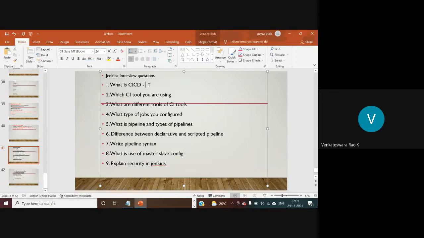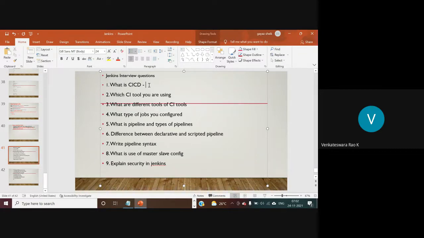Continuous deployment means whenever this process is a success, that is, if the testing operation is also successful and the code modifications are up to date, this code is going to be deployed into the deployment servers. This code will be continuously deployed into the deployment server.